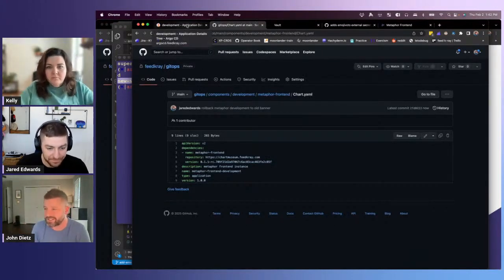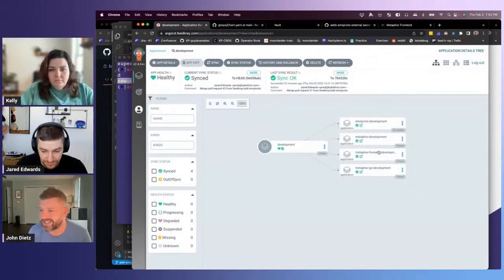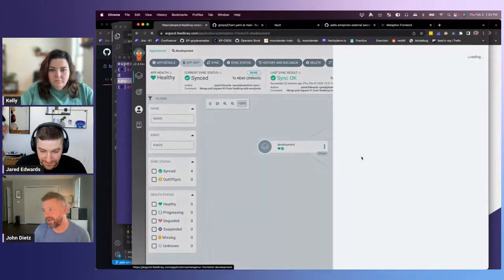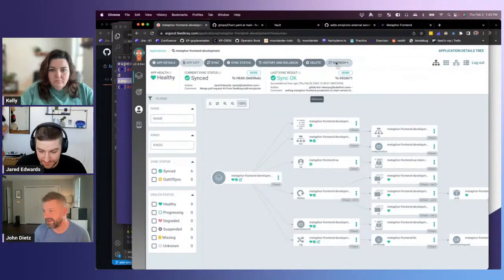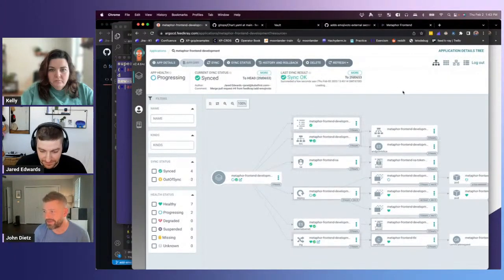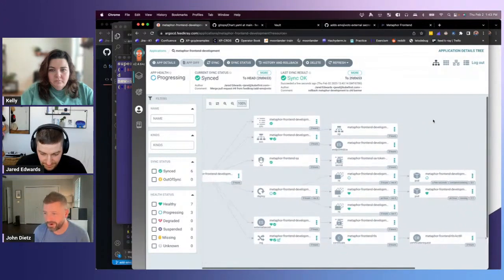So there you just saw Jared making a change. Did you change that directly in the main branch? I did, yeah. Sweet. So we'll refresh this app here, and then here as well. And this should pick up the fact that we have a new desired state for what version of Metaphor we want